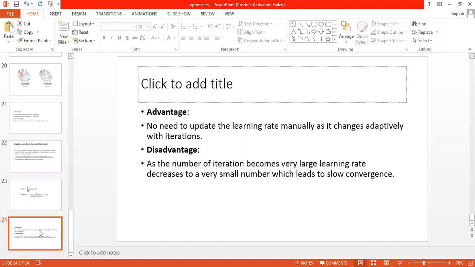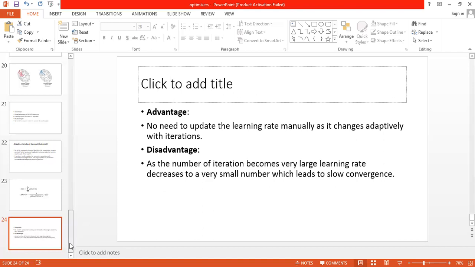But the advantage is that the learning rates are automatically updated, and therefore it comes under adaptive learning, and the weights are adjusted accordingly. But here the number of iterations is very large, and therefore it takes time, and the computation cost is also somewhat high compared to the other optimizers. And if the learning rate in the denominator becomes very small, then it can lead to the vanishing gradient problem.